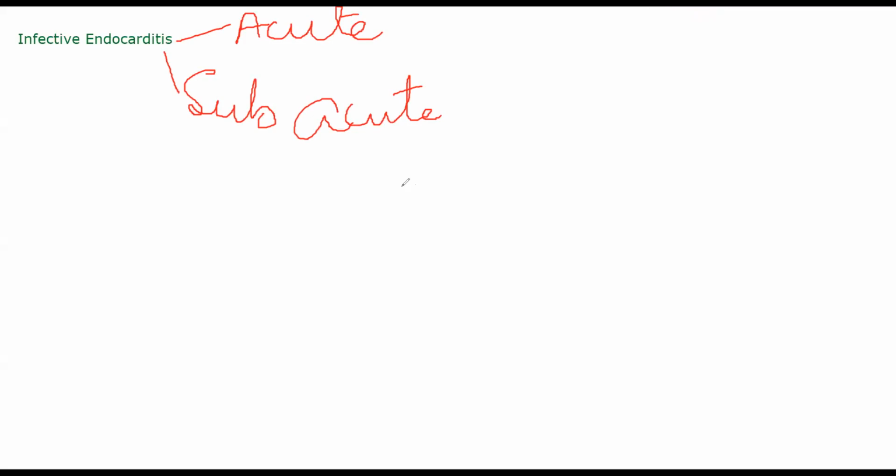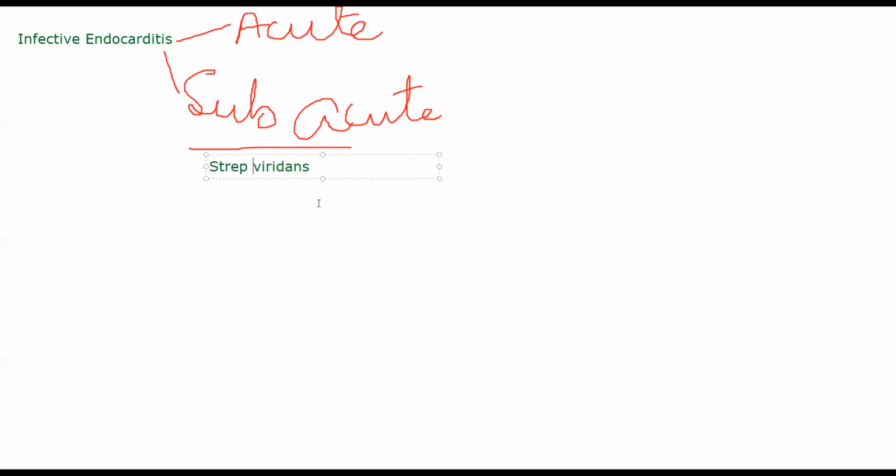Acute endocarditis will involve an organism which is highly virulent. Okay, something that is very, very dangerous, something that can spread very quickly, something that can grow very quickly, that kind of organism will cause acute endocarditis, whereas subacute endocarditis is generally caused by organisms with low virulence. Okay, I'll give you one scenario. There is one particular organism called Streptococcus viridans. Okay, this is about subacute that I'm telling. So Strep viridans is a commensal. It is normally present in your oral cavity.